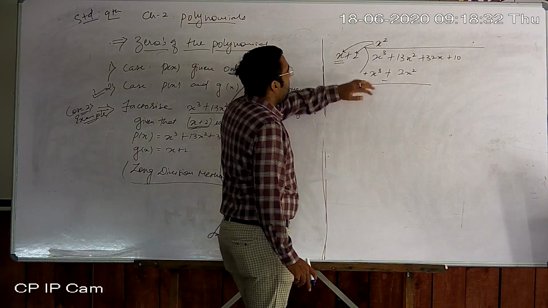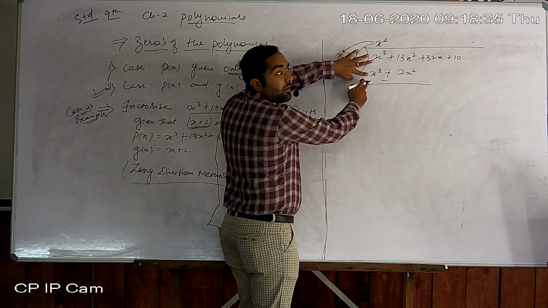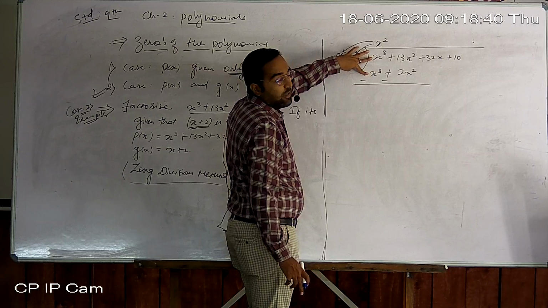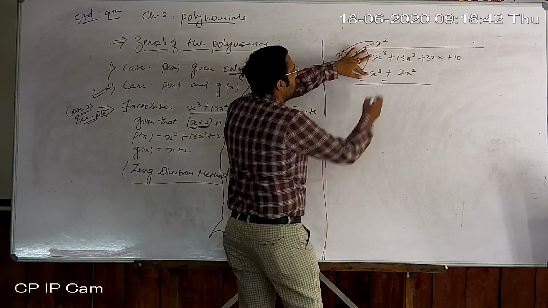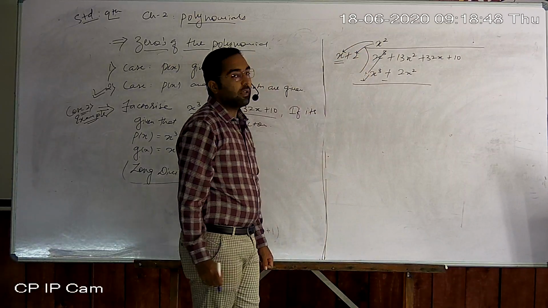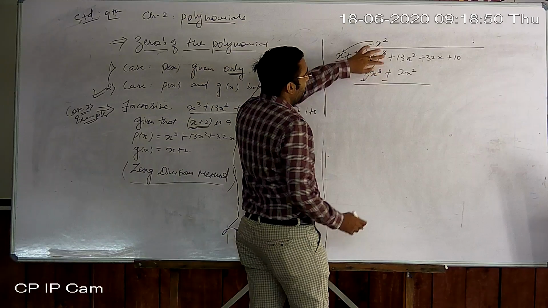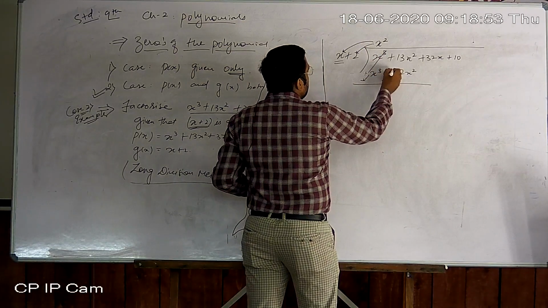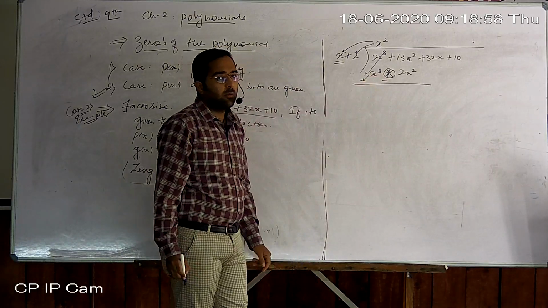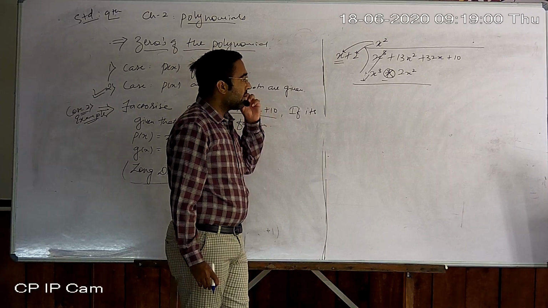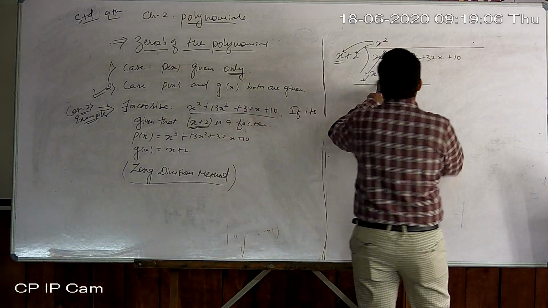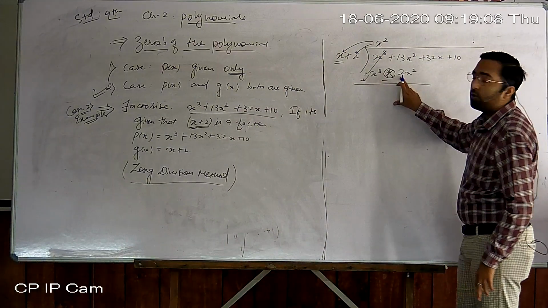Now take the minus sign, therefore x cube is plus and the second x cube is minus, so both of them cancel out. Now I don't want to take the middle sign, that is plus x plus 2x square. Now we have to take the minus sign, you have to take the minus sign as minus 2x square.